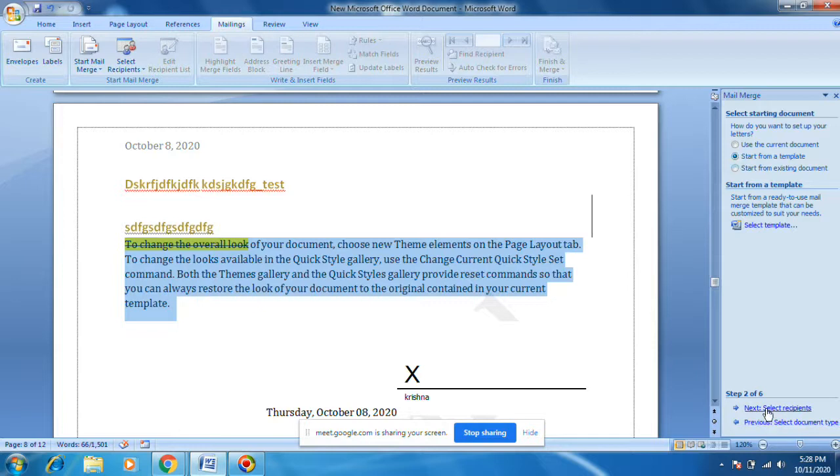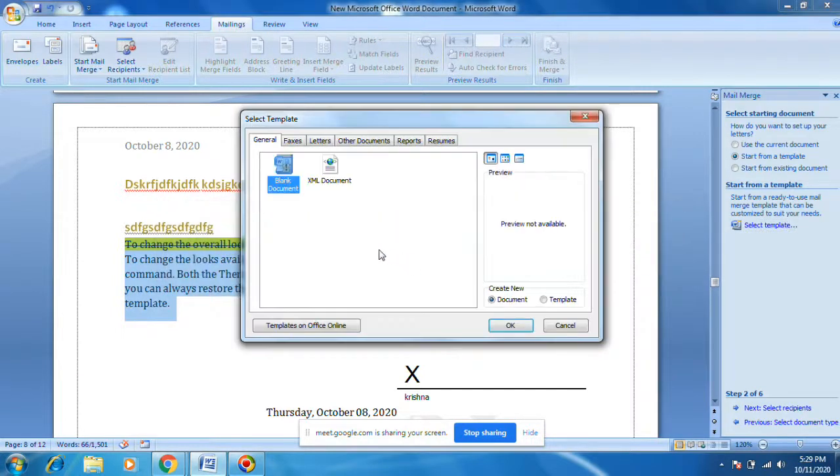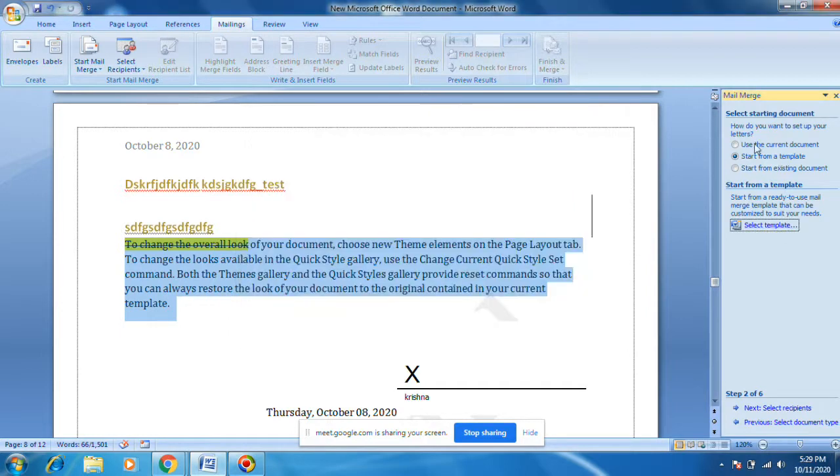If you go to next, it will ask for a template. Start from existing document, you can open a different document, select template, blank document. Okay, as you wish, you can choose. Use. Next.